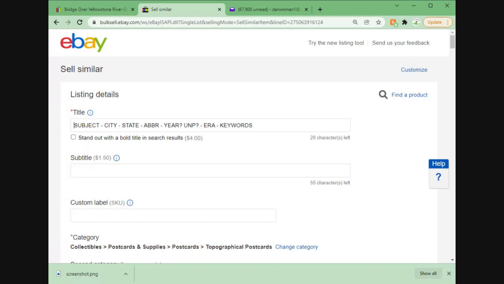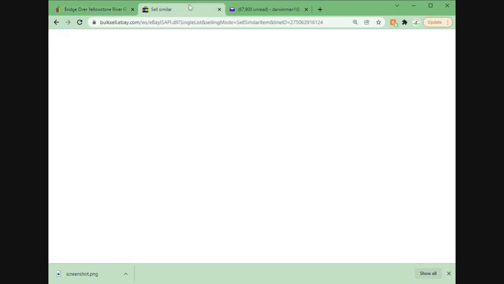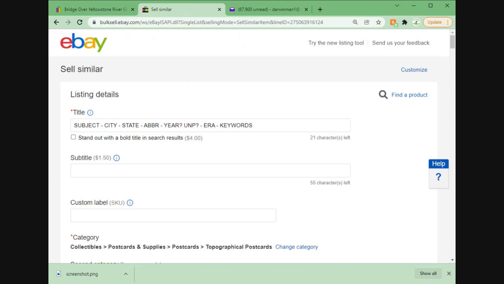Next, you want to have the subject or whatever the main focus of the postcard is. So in this case, it's the bridge across Yellowstone River. If this bridge has a name, which they sometimes do, I might call it the Glendive Bridge or the Yellowstone Bridge, whatever that bridge name might be. I could research that now, but for now, we're just going to choose the bridge over